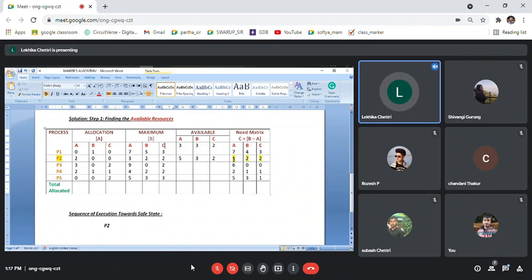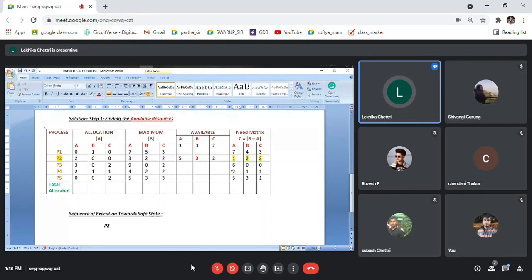Okay, so right now how many resources do I have? Right now I have 5, 3, 2. So can I now let P1 execute? No. Why? Because P1 still needs 5, 4, 3 and I have only 5, 3, 2. So now P2 is done executing. Now the operating system goes to P3. It looks at its need matrix. It needs 600. Okay, so can the operating system allow P3 to execute? No. It needs 600 and the operating system only has 532. So P3 also cannot execute.